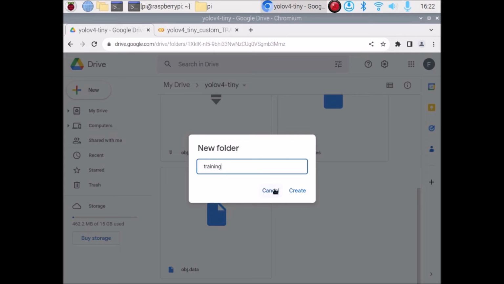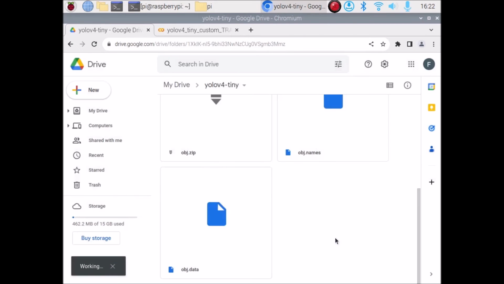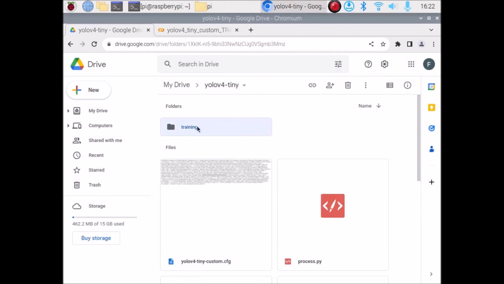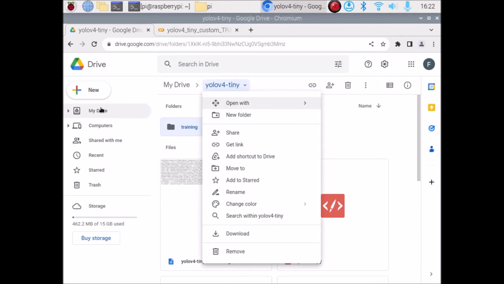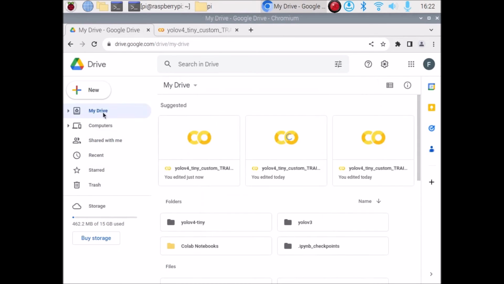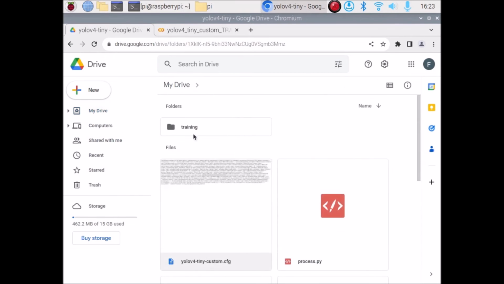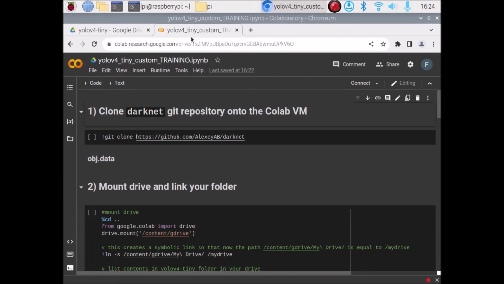Okay, just click on create. So as you can see, we create a new folder inside our yolov4-tiny. So if I go to my drive, yolov4-tiny, and inside that we have the training folder. That's it. Now what we want to do, we want to go on our Google Colab files,